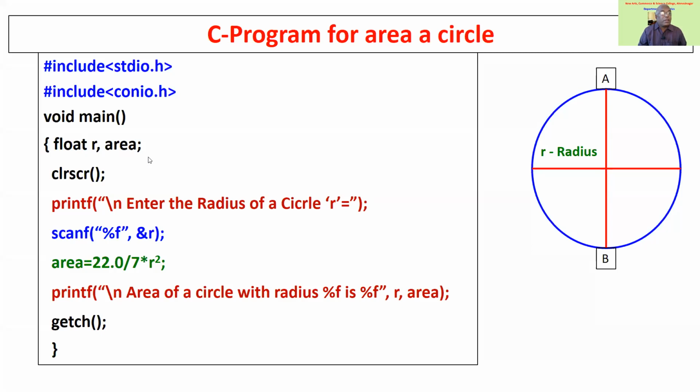I am defining here two variables of float type. One is r, that is for radius, and the second one is area. clrscr, clear screen. What message am I giving for you? printf on new line, enter the radius of a circle r equal to. So this is the message. Against this, you are entering through the keyboard